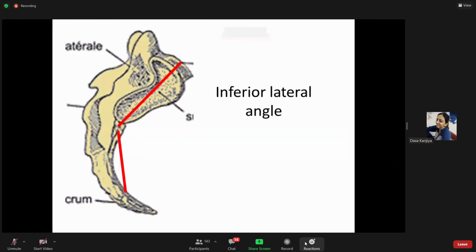So you have seen the two angles formed by the sacrum. One is formed by the base of the sacrum. The base is not straight horizontal, but slightly tilted forward, making an angle with the horizontal plane of 30 to 60 degrees. The other is an angle in the lateral surface between the upper broad part and the lower narrow part. This angle is called the inferior lateral angle.